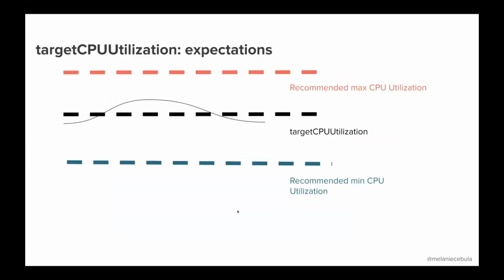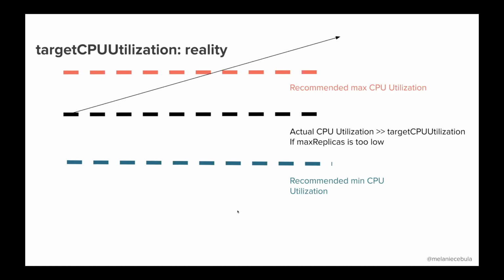So what I found is that what developers expected was this: we give recommendations for the minimum and the maximum CPU utilization. Obviously services shouldn't run too hot, and if you run them really cold, it's a waste of resources. So developers set a target, and they expect the target CPU utilization to be bounded by this min and max recommended CPU. And the reality is that,